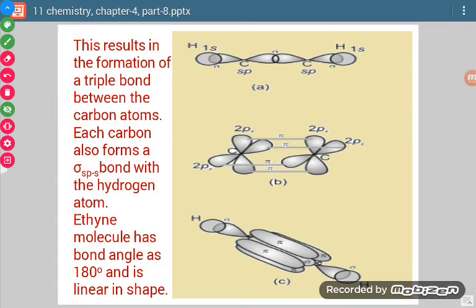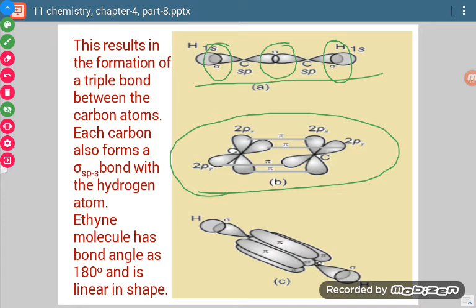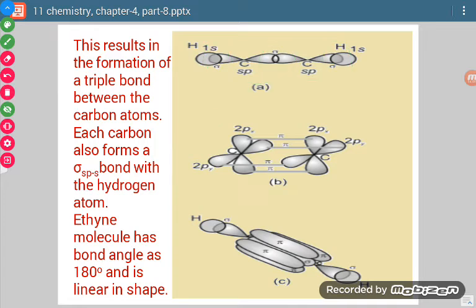See, here we are seeing sigma bond formation. This is the sigma bond between carbon and carbon, this is the sigma bond between carbon and hydrogen, and this is the sigma bond between carbon and hydrogen. And this diagram is for pi bond formation. In this diagram, Py is overlapping with Py and Px is overlapping with Px, and there is formation of 2 pi bonds. Now, as we studied earlier, a pi bond has 2 electron clouds, so there will be one upper electron cloud and one lower electron cloud.